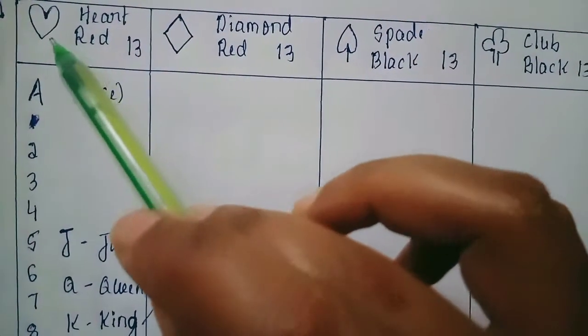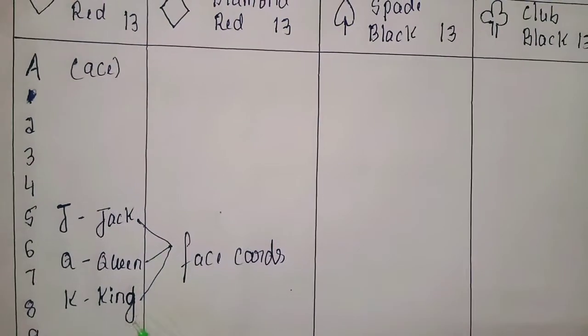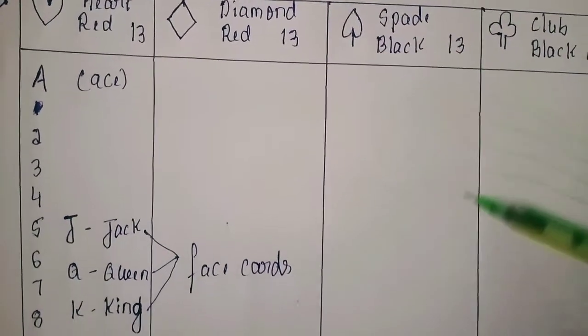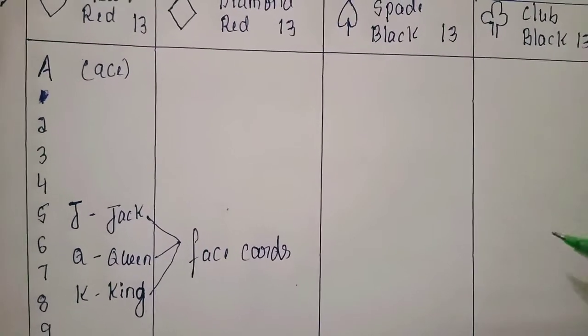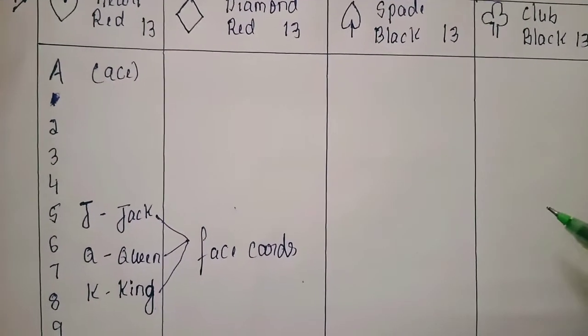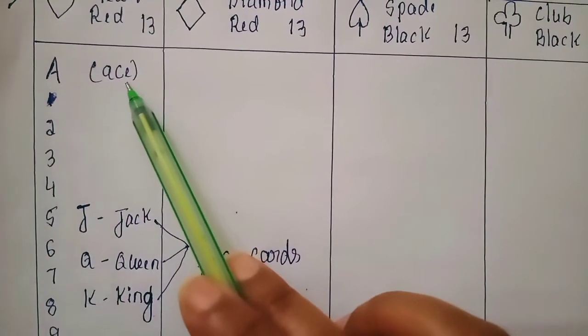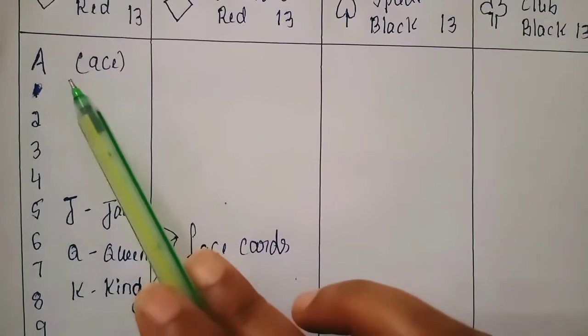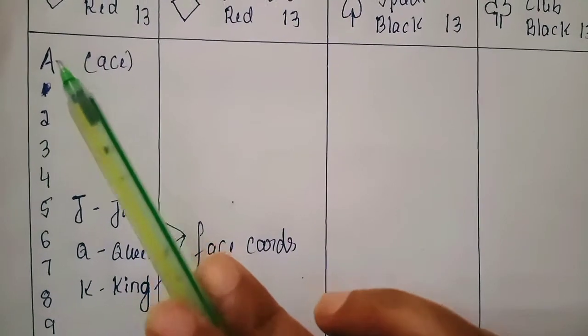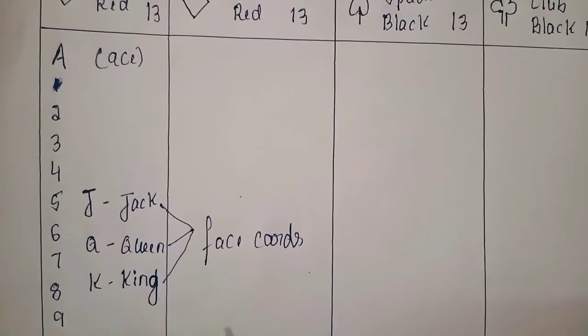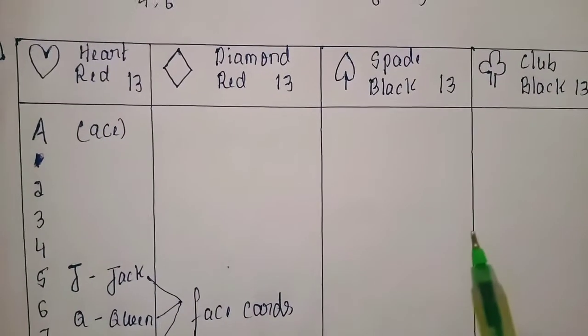See in the symbol. Under this symbol heart, you have only 3 cards. Under the diamond, you have again 3. Under the spade, 3 face cards. Under the club, 3 face cards. So remember, total 12 face cards. And remember, ace is not a face card. Ace is only an alphabet written. On every corner it is written A. Only face cards are jack, queen, king. So I hope everyone understood.